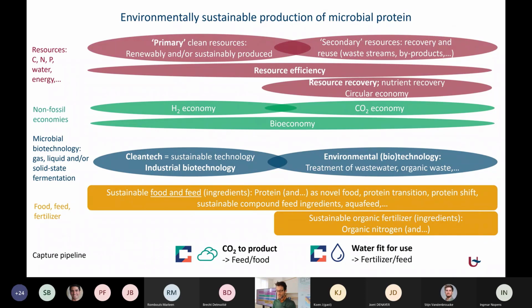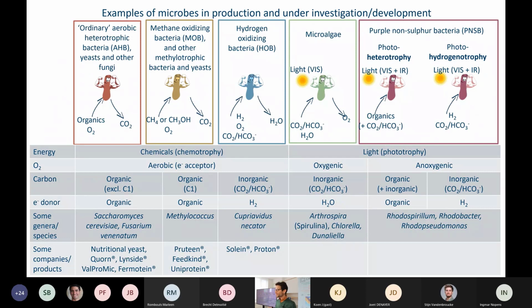Now, what organisms do we talk about? We have roughly 5 classes of interest. We have what we call ordinary heterotrophs at the left. They oxidize organics with oxygen to produce biomass. We can, for instance, use sugar or wastewater COD. Then we have methane oxidizing bacteria, or more generally, methylotrophs, so any organism that can grow on C1 compounds. It can be methanol, methane, it can be other compounds. You can also see in the table below, I will not go through the details, but there's a number of companies and products that are getting to the market, so this is a very timely moment.